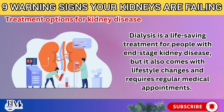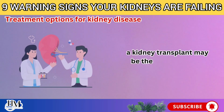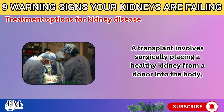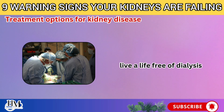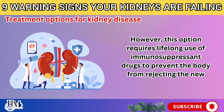regular medical appointments. In cases where kidney function has deteriorated to the point of failure, a kidney transplant may be the most effective long-term solution. A transplant involves surgically placing a healthy kidney from a donor into the body, allowing the recipient to live a life free of dialysis. However, this option requires lifelong use of immunosuppressant drugs to prevent the body from rejecting the